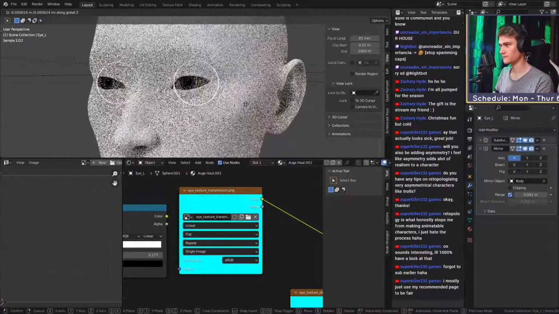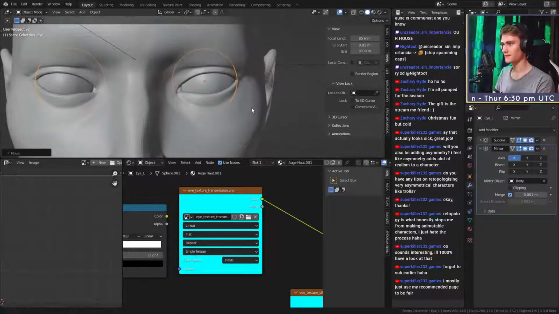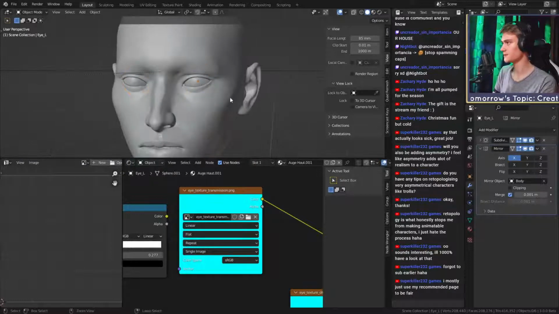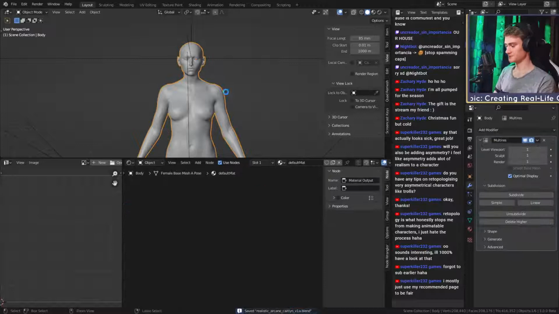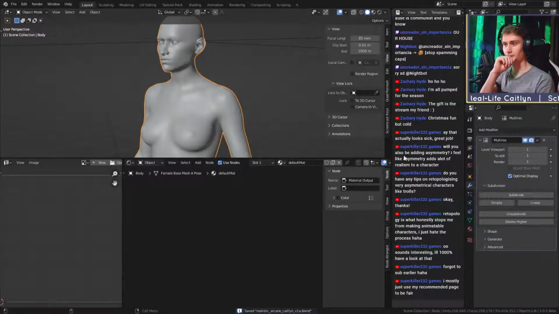Small rule for the iris position or for the eyeball position. The iris generally touches the lower eyelid and gets covered more by the upper eyelid. That's a good rule to keep in mind when you place your eyeballs. Okay, let's go to the body. Something I wanted to do for a while. So for the body,